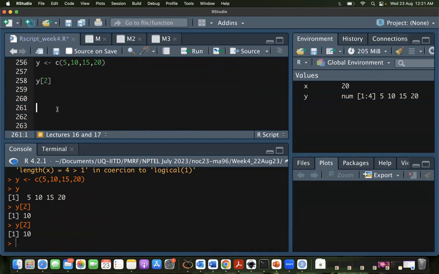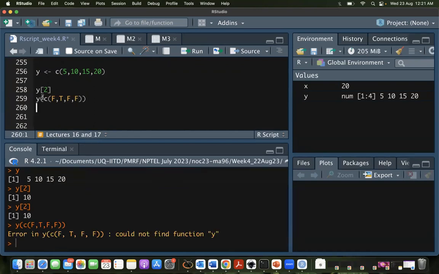The other option is I can write y, and inside I write false, comma, true, comma, false, comma, false. Now here you see there are 4 elements, 4 true or false values. The first one is false, next is true, then false, then false. So what I'll get,